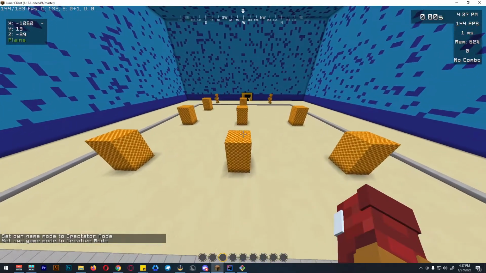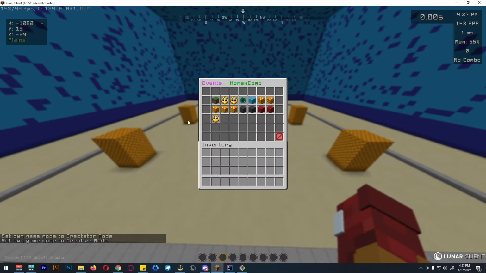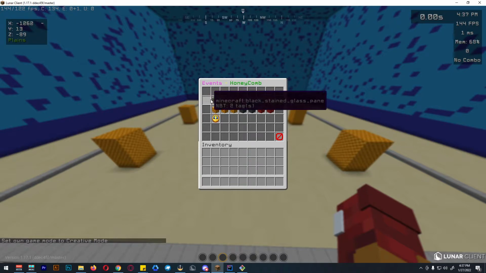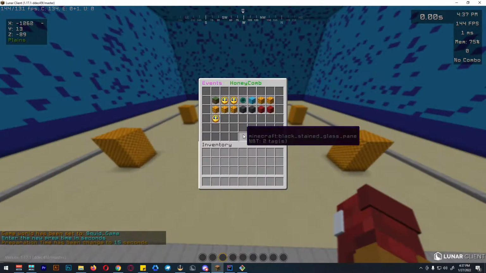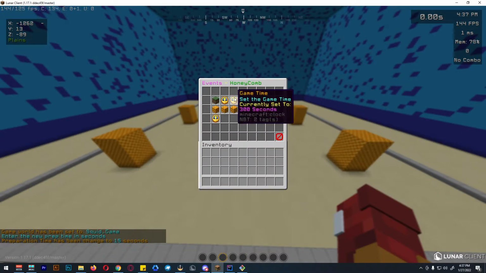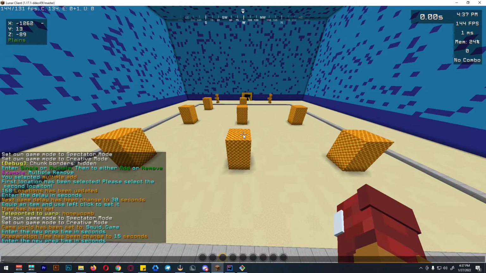Similar to the other games, we need to open the actual settings for this game. So the very first setting again is the game world, the preparation time. We can just set this to 15. The actual game time, or the preparation time, we can set to a little bit higher because